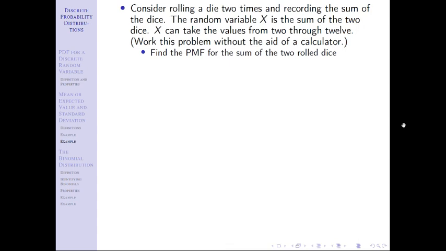I want to work through this just because I want us to get comfortable with assigning probabilities. This is a concept that we're going to have to do throughout the course. Remember that a PMF is just a table with x's and then all the possible values. I've already told you what they are, 2 through 12, which makes sense, right? You can't roll two die and sum up the value and get 1. You can't roll two die and sum up the values and get 13.